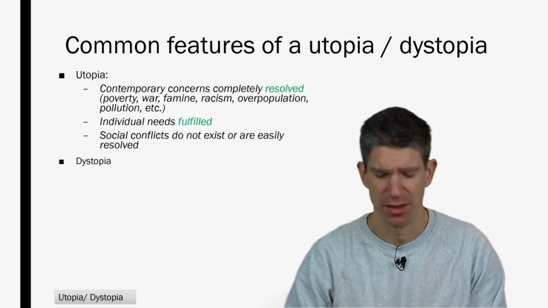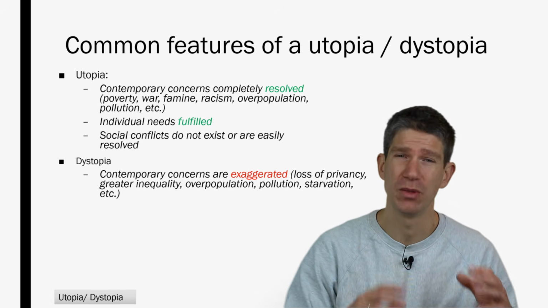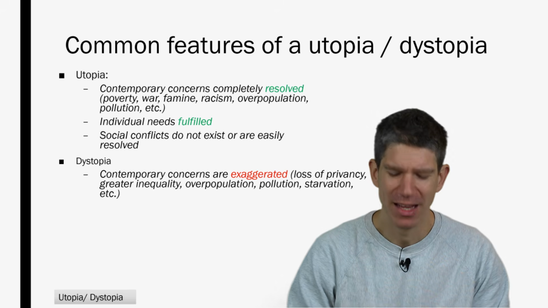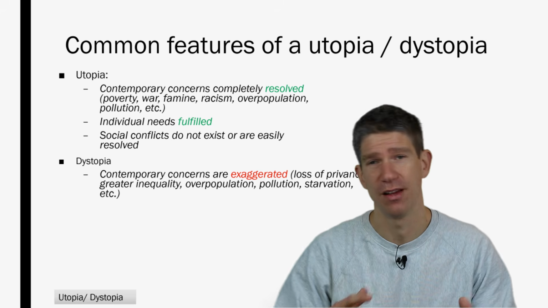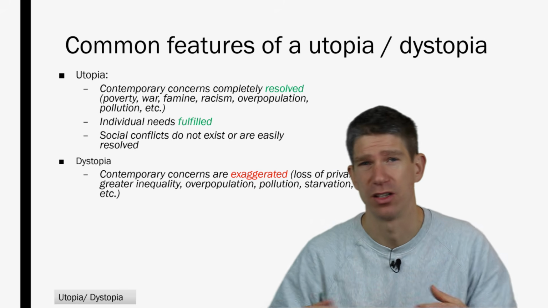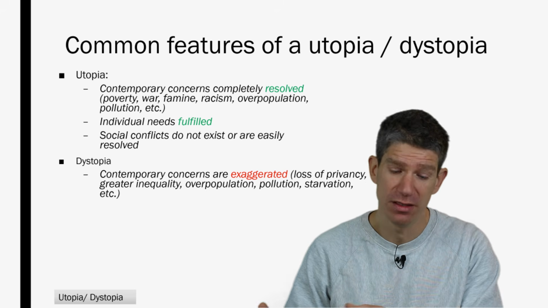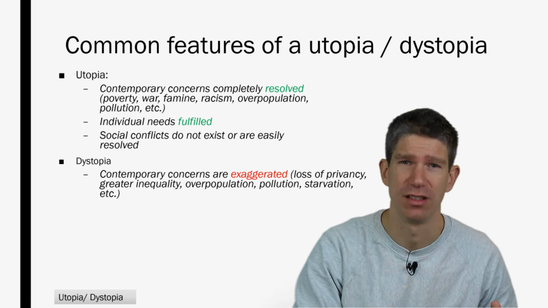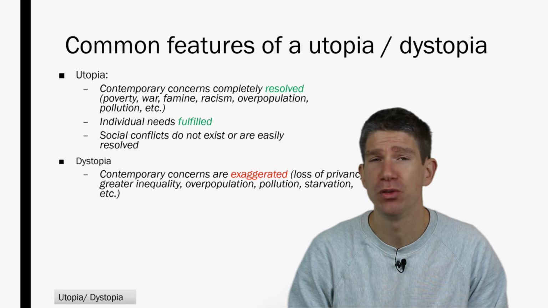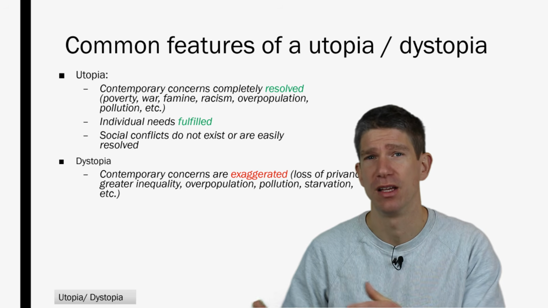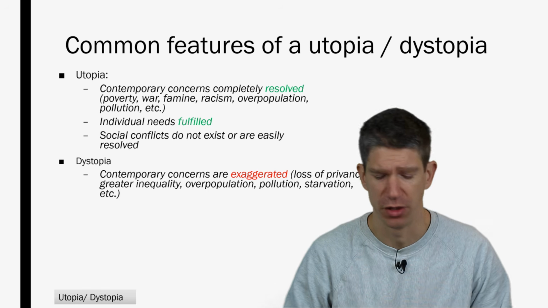Dystopia, of course, is the opposite. So what does that mean? We take contemporary concerns, so problems we have in our society today, and they are not resolved in this dystopia, but they're exaggerated. So if we have a problem with privacy today, that our data is being collected by Facebook or whatever, then this problem is exaggerated in the dystopia and made much worse. The same goes for example for pollution. If we have problems with pollution today, a dystopia could imagine what this pollution does in 30 years' time,